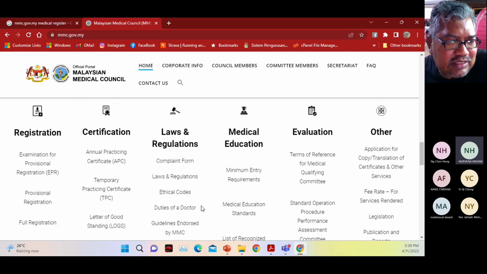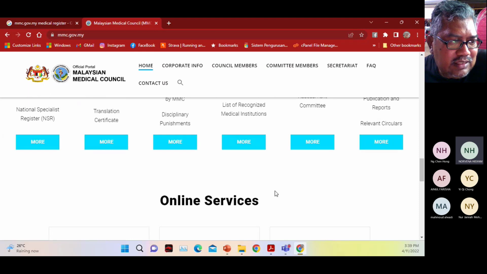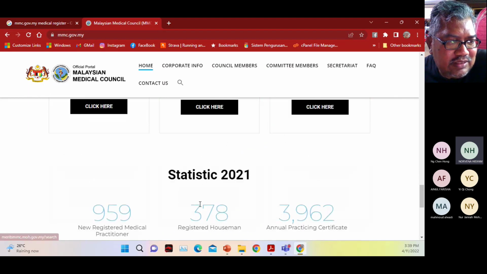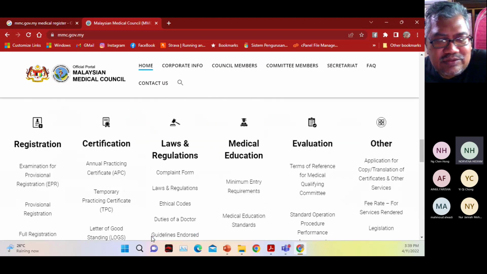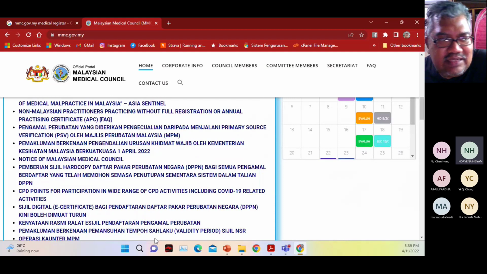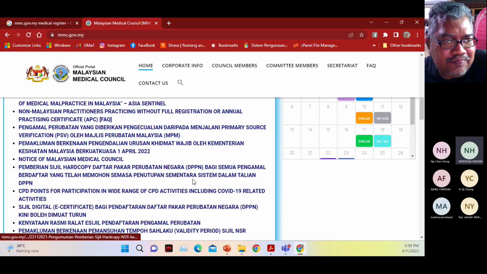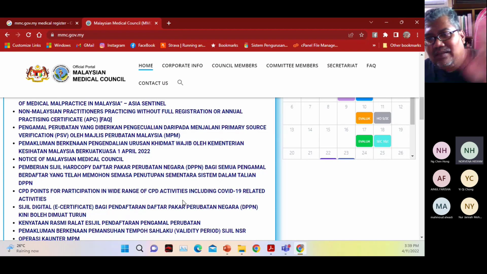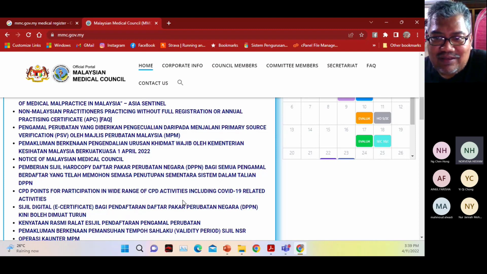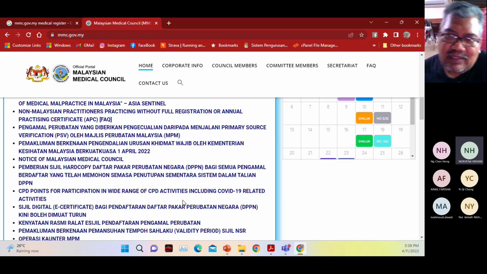Okay, so registration certificate, laws and regulations. If there's anything that you're not happy with, you can go and check, submit, and you can give your supporting evidence, and so on and so forth. Then if they investigate and there are valid reasons for your complaint, they will ask you to come to the court meeting. There's a court meeting. I'm not bluffing. That's where your peers will be there to judge you. And the worst part, you cannot have a lawyer. You have to defend yourself.